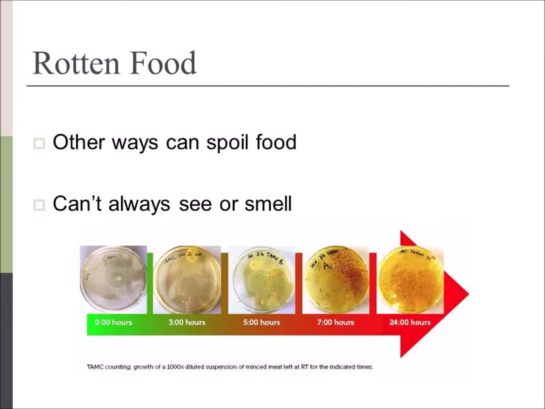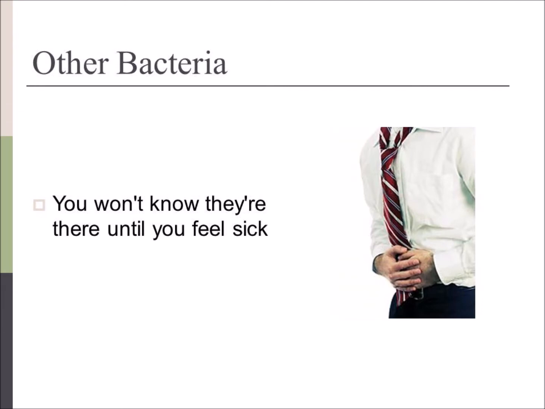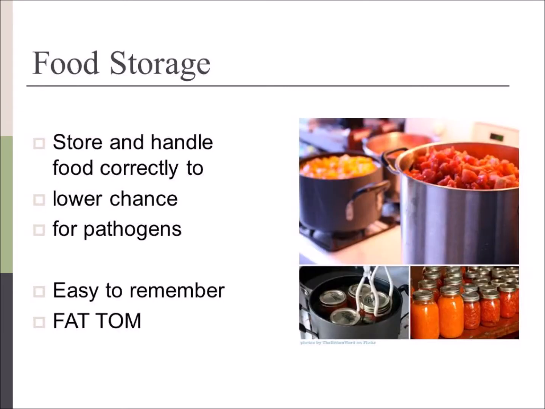But there are other ways food can spoil, and you can't always see or smell them. These are food poisoning bacteria or foodborne bacteria. There is no smell, there's no change in color, and nothing you can really detect with your senses. You might not even know they're there until you actually start to feel sick. The best way to prevent this is to store and handle your food correctly to lower the chance for pathogens